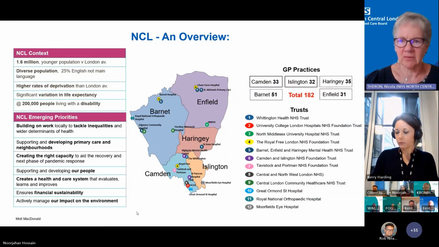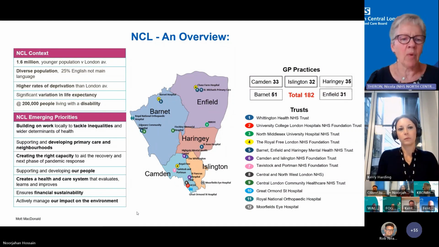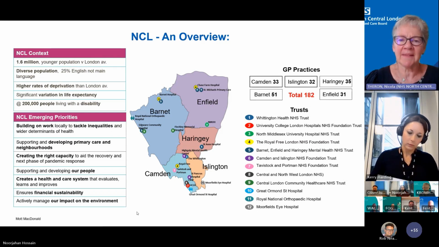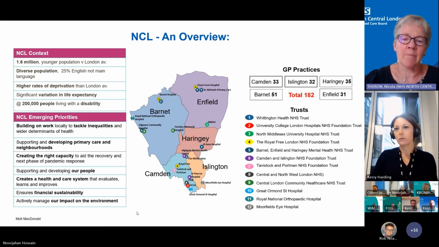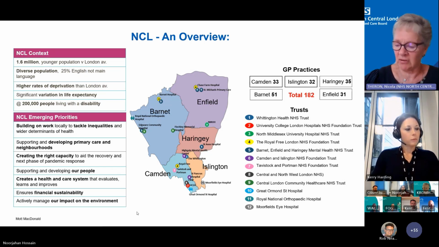So all of the issues that we're all tackling, we've got a number of priorities. Part of the issue, isn't it, is trying to manage all those many priorities and how that plays into estates. The summary on the right-hand side just really highlights, from our perspective in North Central London, the range of issues around